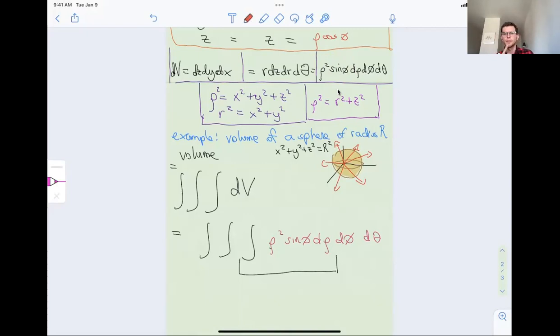What I was saying is that in spherical coordinates, the way you're going to find the bounds is that you're going to draw light rays emanating from the origin. So to find these bounds,